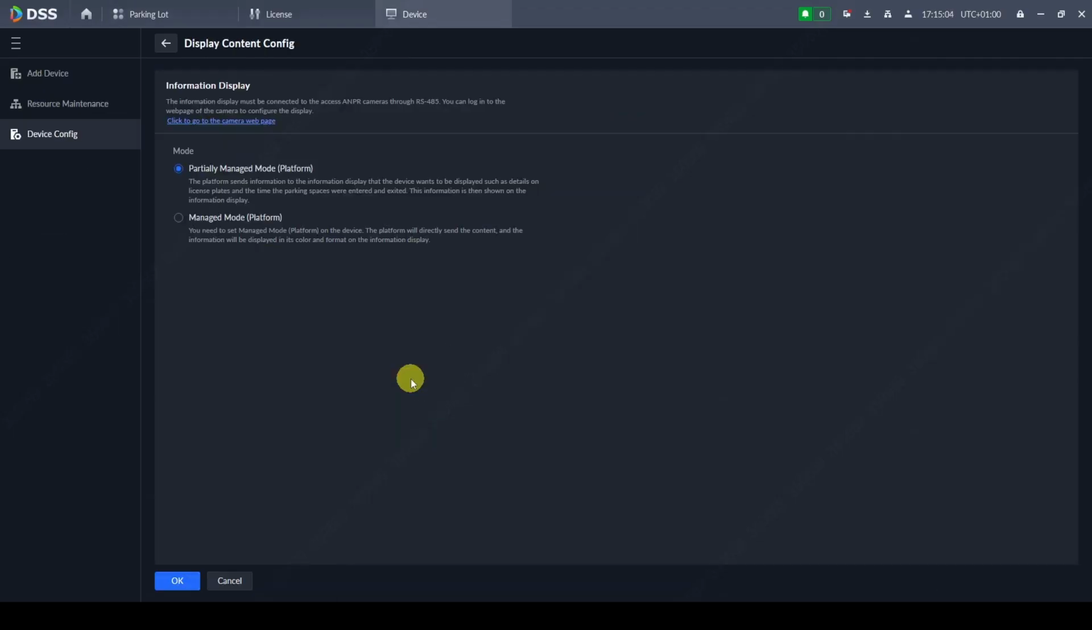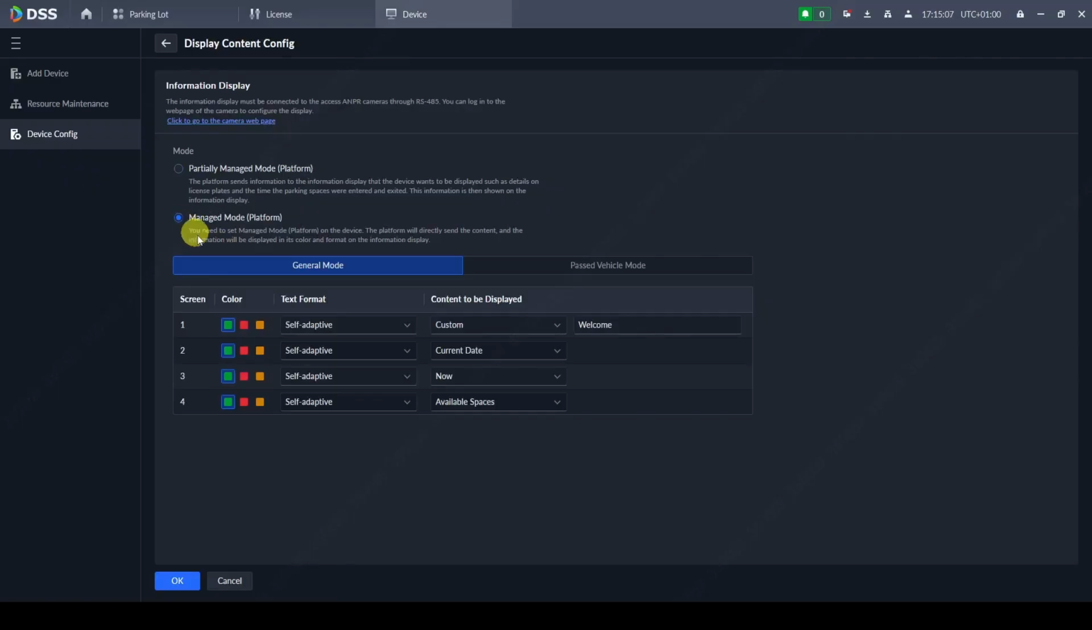And here select screen config, managed mode, and here you can set up what will be displayed on the display. If you would select partially managed mode, then the camera would decide what will be displayed on the display connected to it, and DSS will just send information, and if the information is decided by the camera that it's displayed, it will be displayed. In our case, we want to manage everything from DSS, so general mode again on this exit camera means